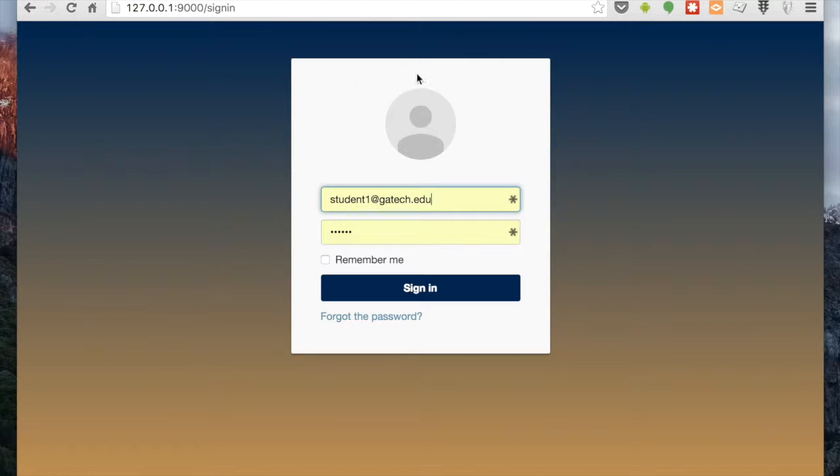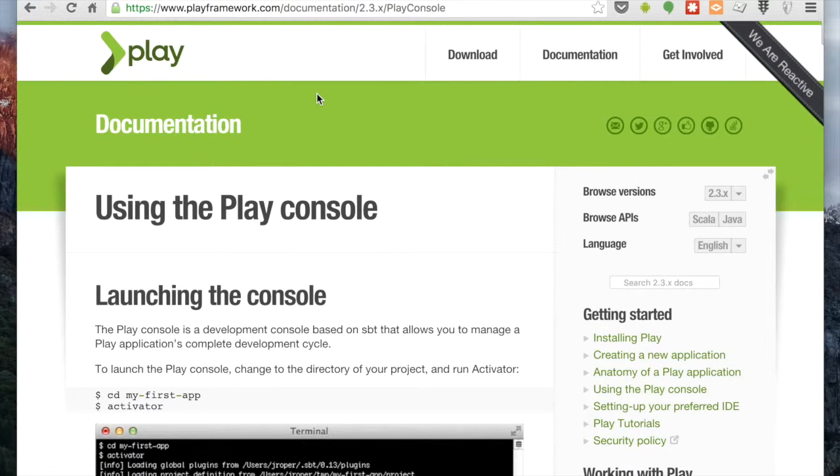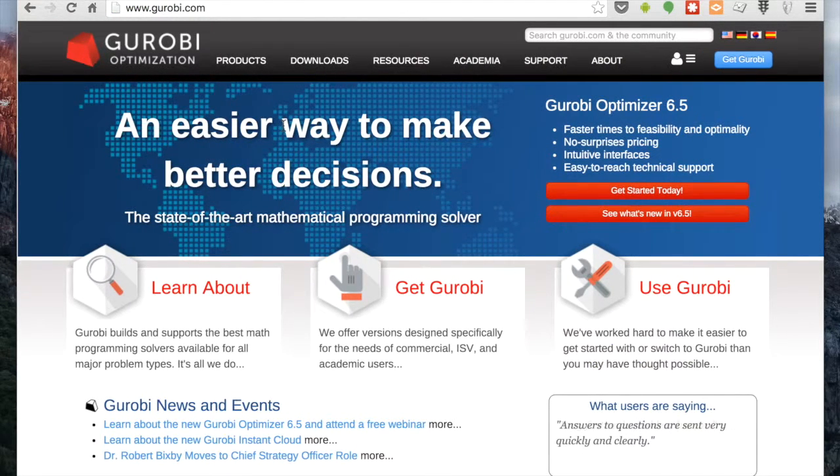Just for reference, the system was built using a client-server approach. The server has a set of REST APIs that are exposed to this web front end built using Angular and Bootstrap. For the backend, we use the Play framework. It's a Java framework that's very productive and allowed easy connection with MongoDB, the NoSQL database that we use to persist data. For optimization, just like project 1, we use the Gurobi